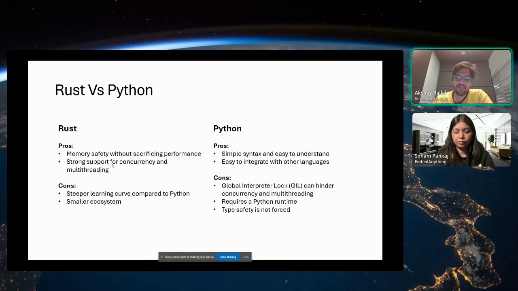But the problem is the GIL, which most of you would have heard about by now, because Python 3.13 allows you to opt out of using the GIL. That will be in future versions of Python, but it's not stable, so it's going to take at least a few years. Eventually this would allow Python to do a lot like Rust in terms of multiprocessing and multi-threading. But Python is also not type safe. We wanted to keep the whole system type safe so that it's much easier to develop down the line and we don't build up technical debt.